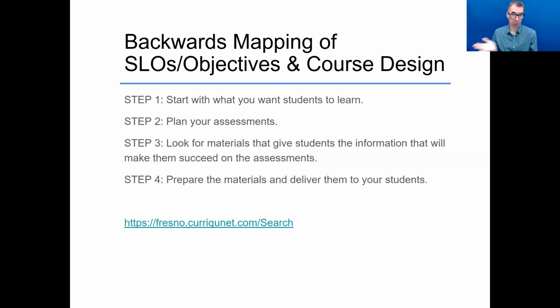As I got more experience, became a more competent instructor, and SLOs came into my life, I started to really look at, okay, what do I have to do to have my students meet the SLOs, the objectives of the course on the course outline of record? And the textbook that I was using, I tried a few different ones, they didn't 100% align. So I had to supplement, I had to bring in outside articles to cover some of the material that the textbooks didn't cover, and then I was skipping some of the chapters in the textbook. And as my teaching career went forward, I did that more and more, and I started coming up with better content than the textbook authors. And then I started getting to a point where